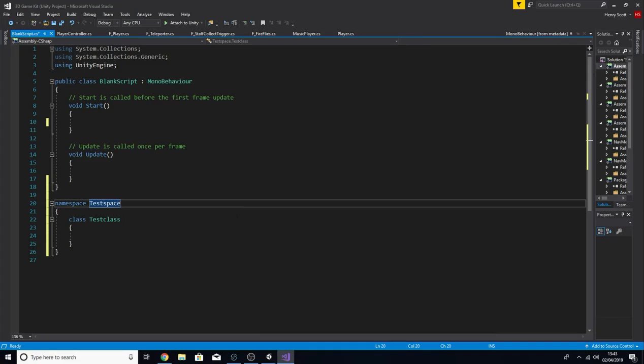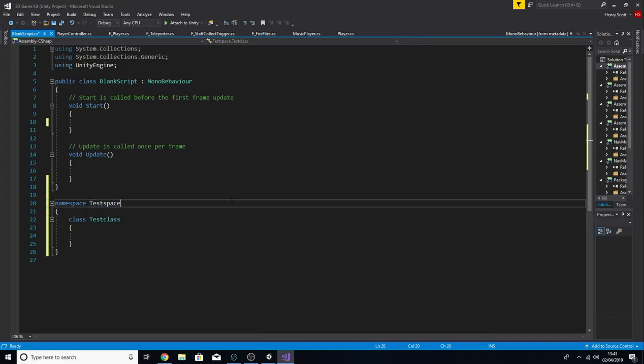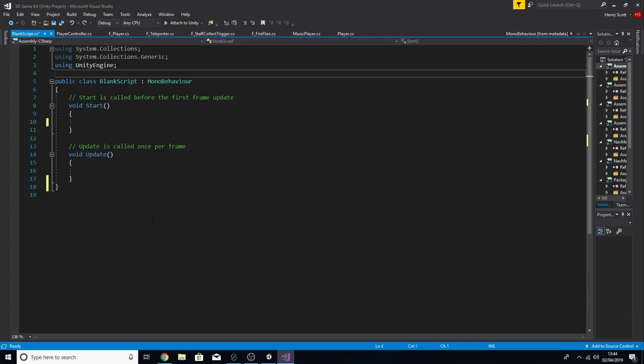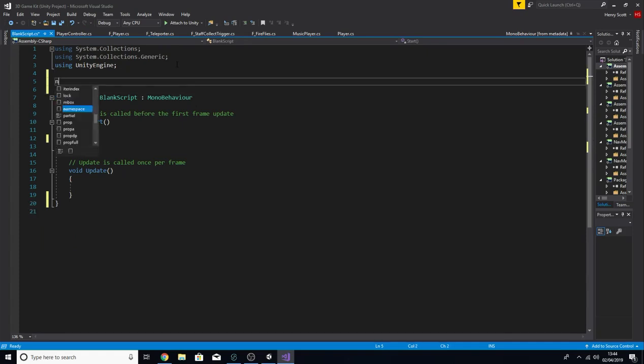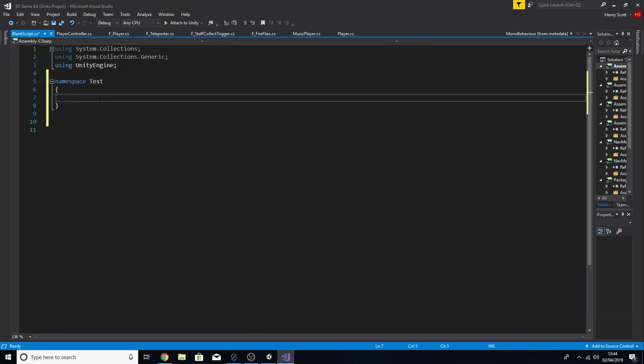So now, if we ever wanted to use the test class, we'd have to first declare that we are using the test space that it was created in. So if we wanted to, we could declare our blank script class inside of a namespace. All we'd have to do is make some room, declare we are creating a namespace, give it a name, give it a body, then highlight our class and everything it contains, then simply cut it,